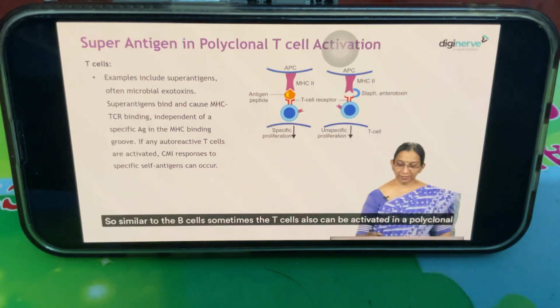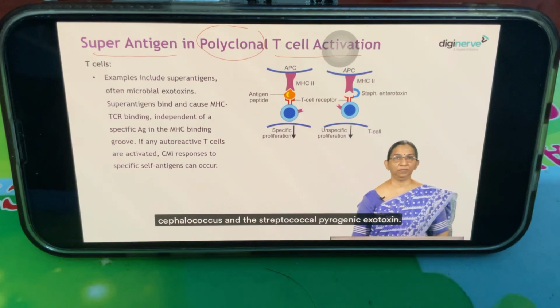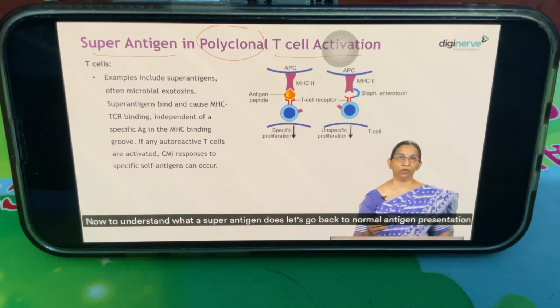So similar to the B cells, sometimes the T cells also can be activated in a polyclonal fashion by what is called a superantigen. The examples of superantigens are the toxic shock syndrome toxin, which is produced by Staphylococcus, and the streptococcal pyrogenic exotoxin. Now, to understand what a superantigen does, let's go back to a normal antigen presentation to